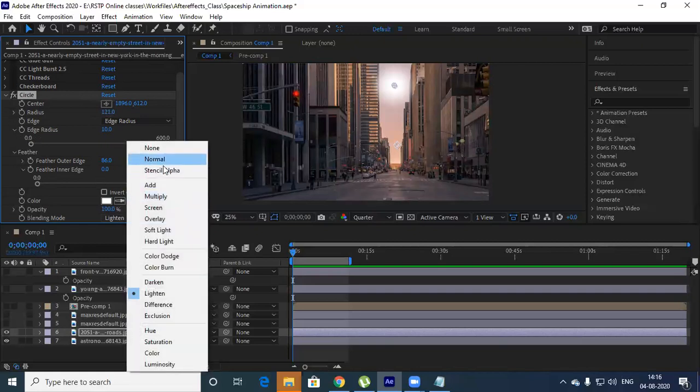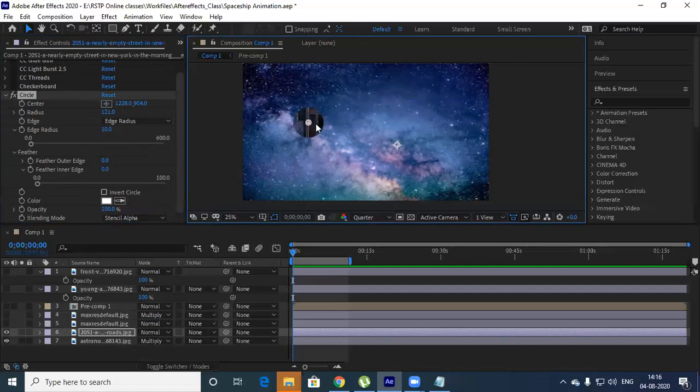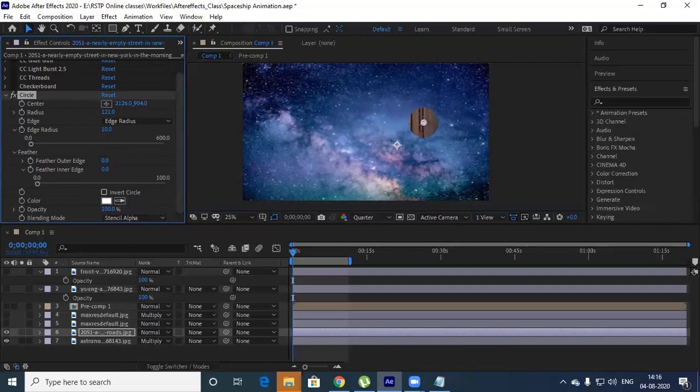When you choose stencil, reduce this feather outer edge, and let's move this. See, these things you can animate. X-axis, see. Let me increase this radius.